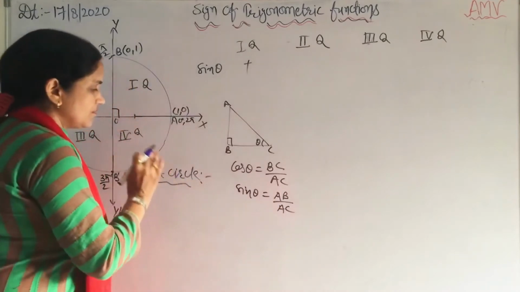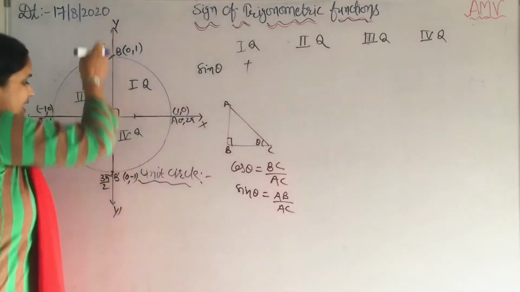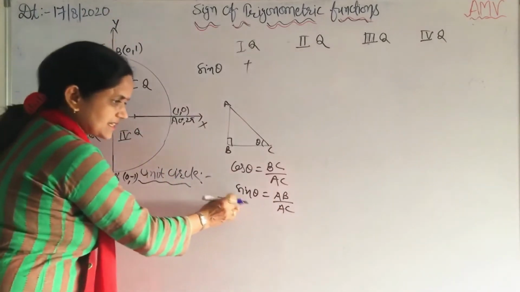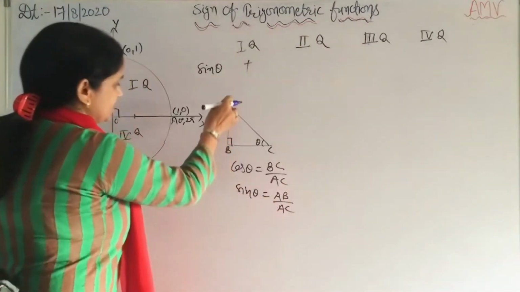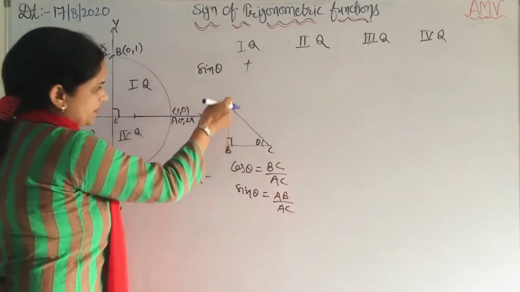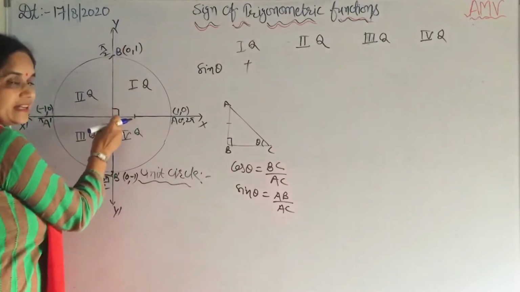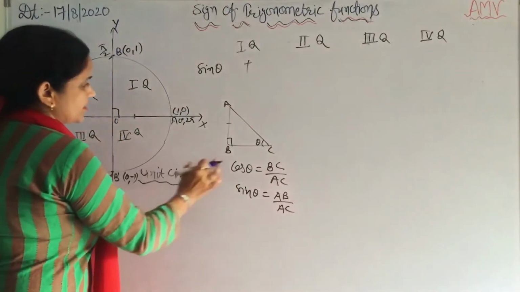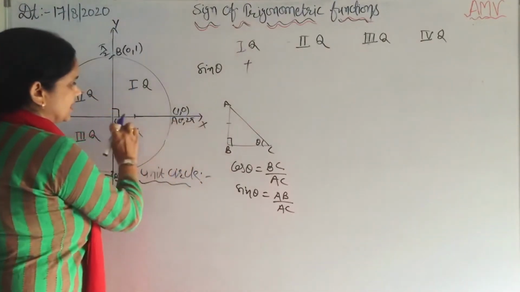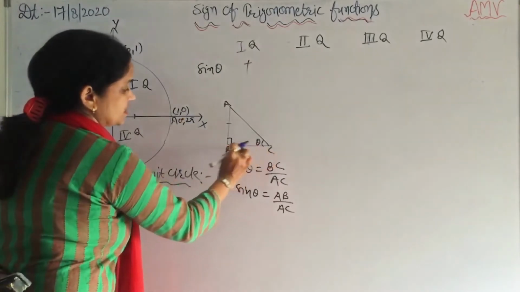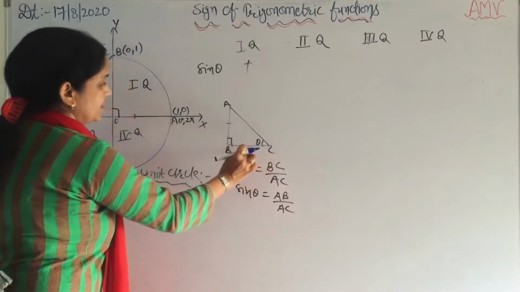Whenever we talk about the y-axis, it is sine theta. AB means this perpendicular, this y-axis. And the horizontal x-axis, BC, this horizontal line represents